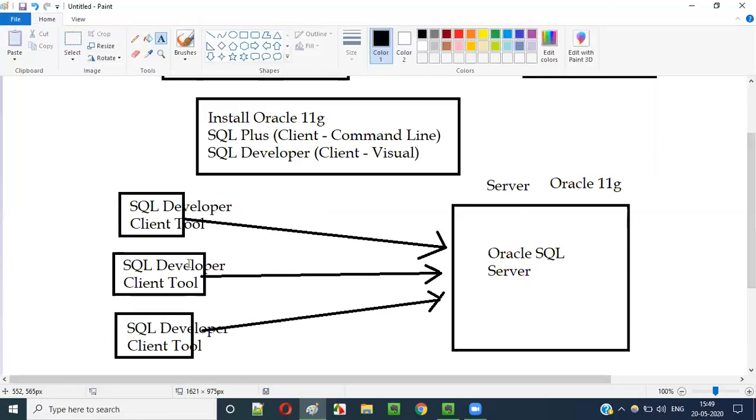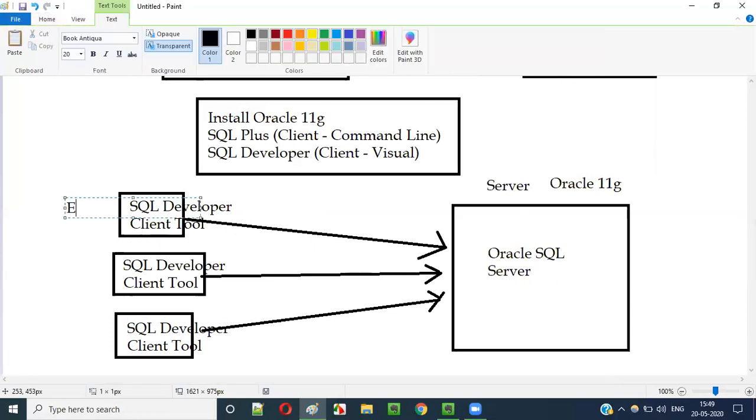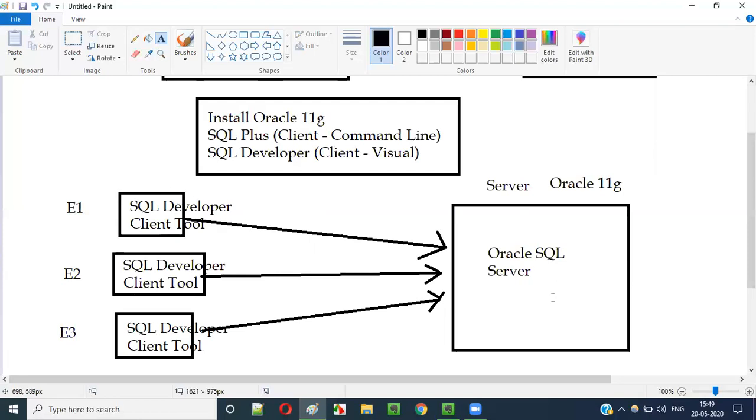These are all clients, guys. These are like employee laptops: employee 1, employee 2, employee 3. But in my case, I'm not installing these two software in separate machines. I have the SQL developer client tool in my machine itself, and also I have the Oracle 11g server running in the same machine.